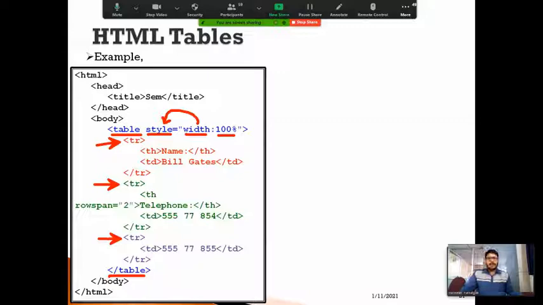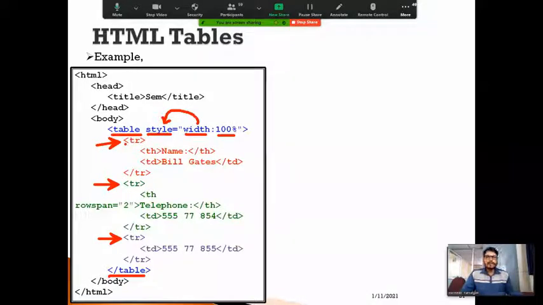That means my table is containing 3 rows. How many rows you require, depending upon that, we need to define that many tr tags.